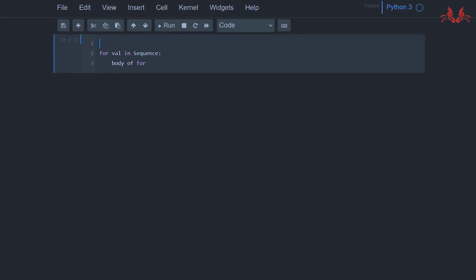We set a sequence, players, equals Harden, Giannis, Trey, Doncic, Williamson,